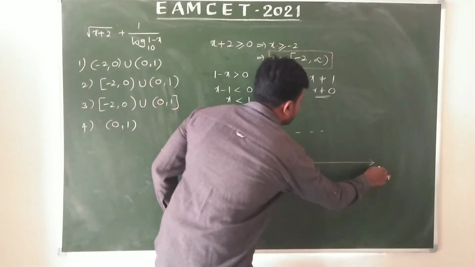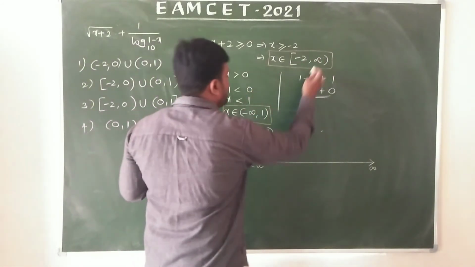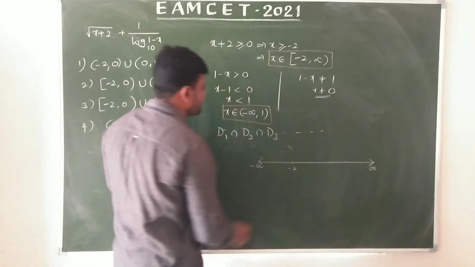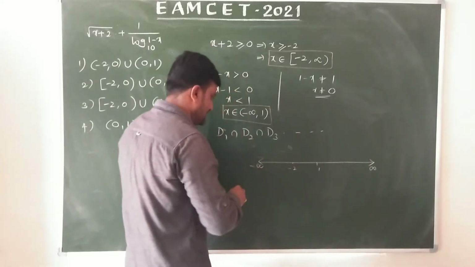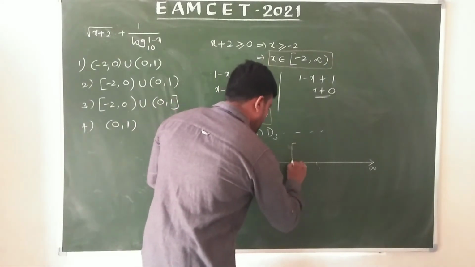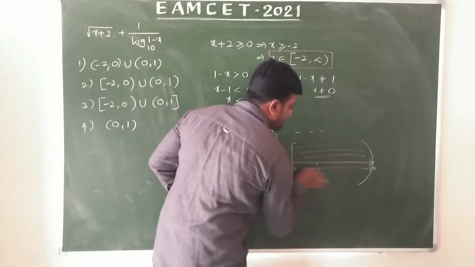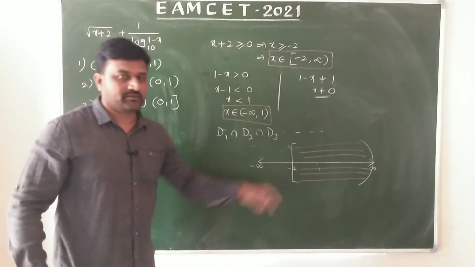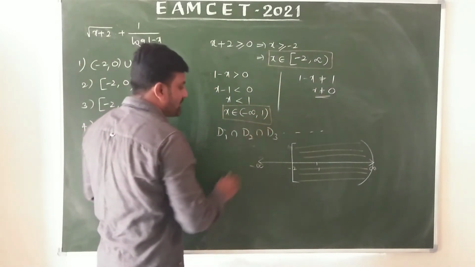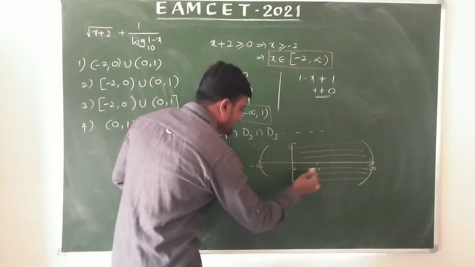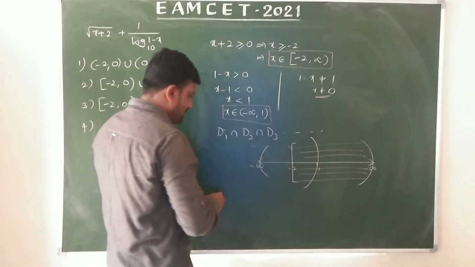Minus infinity and plus infinity. Minus 2 comma infinity. Minus 2 comma infinity means suppose minus 2 here and 1. Now this is the minus 2 comma infinity interval. Observe here, minus 2 comma infinity. And x, sorry, minus infinity comma 1, minus infinity comma open interval 1. Okay. Minus infinity comma 1.